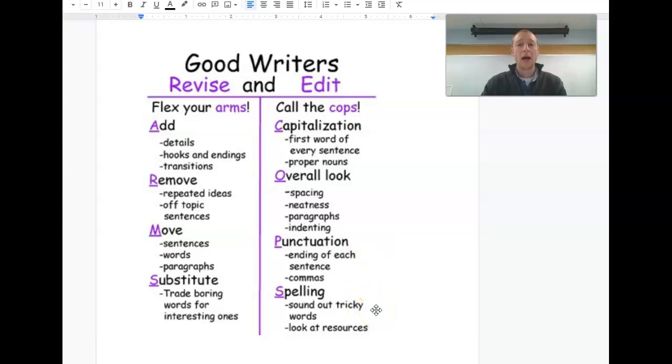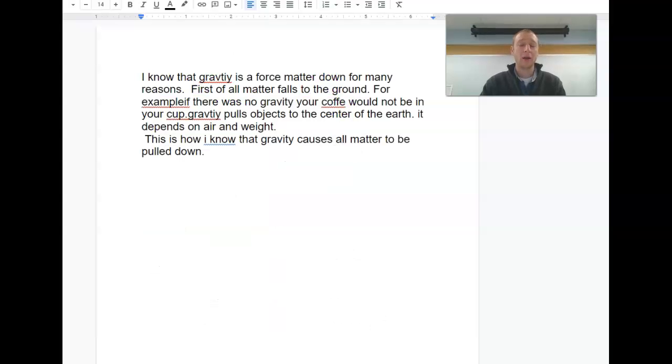Okay, so I'm going to now show you how I would revise and edit a couple paragraphs. I grabbed these paragraphs right from 5th grade students, so these are your paragraphs. Let's see if we can improve these paragraphs. The first thing I'm gonna do is I'm just gonna read it all the way through and just kind of